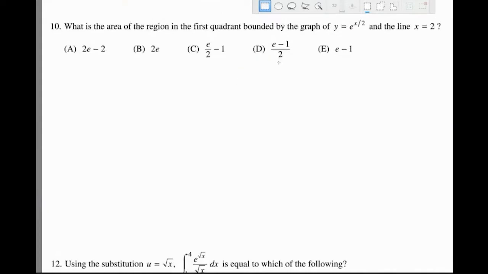We're going to have a non-basic shape right here. It says, what is the area of the region, and area being the key word. A light bulb should be going off in your head right away, and you should be thinking antiderivative. I would write that down in your notes too. Anytime you see area, antiderivative. It says the area of the region in the first quadrant bounded by that graph and x equals